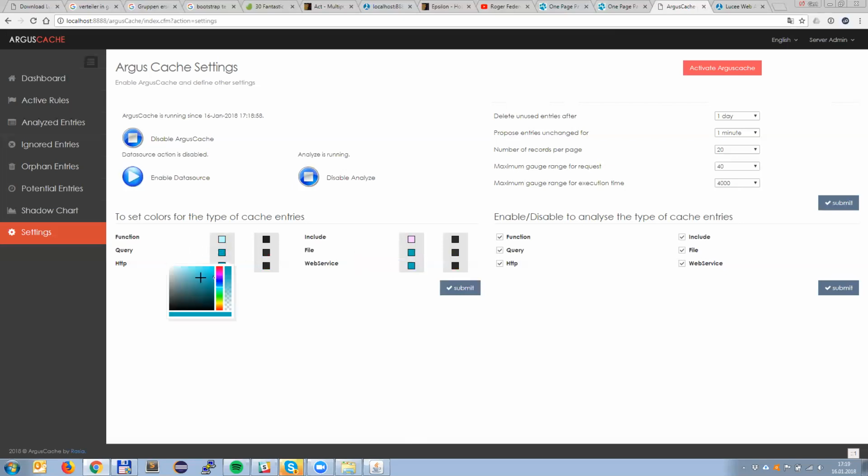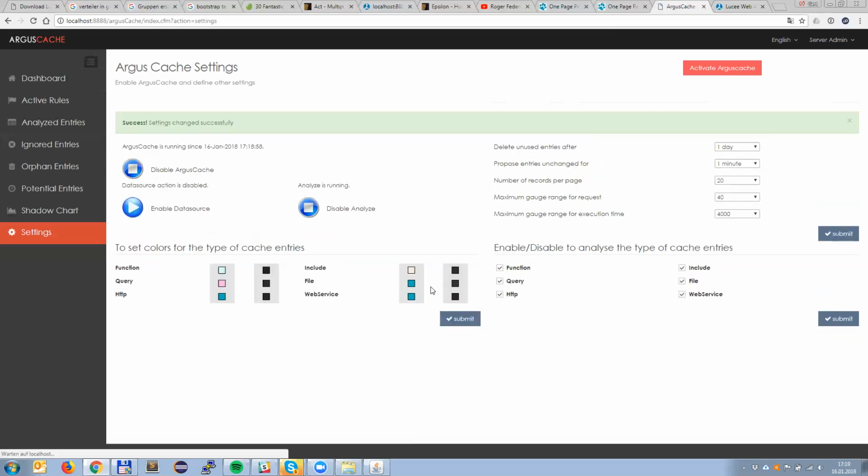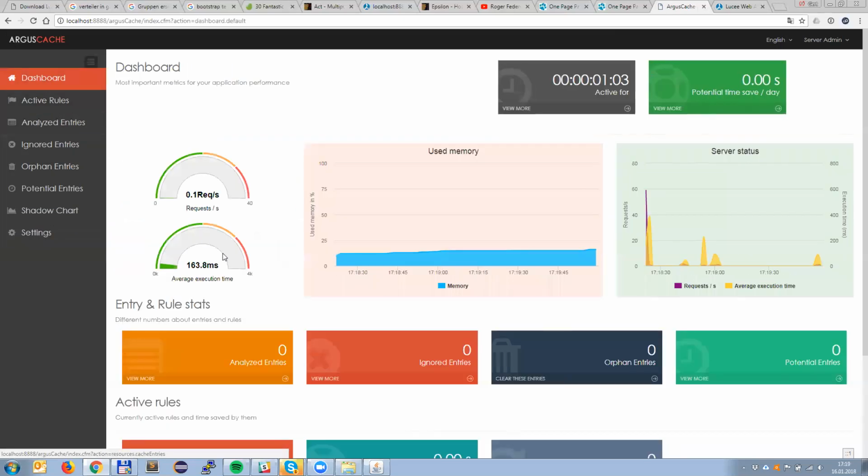Okay, query. Well, query is supposed to be purple, so let's take this one here and make it a little more orange reddish kind of. Submit. Okay, ArgusCache is running, and now you can hit the dashboard. When you hit the dashboard, what you can see here is the used memory and the server status. The server status gives you information about the average execution time and the average requests per second that are executed